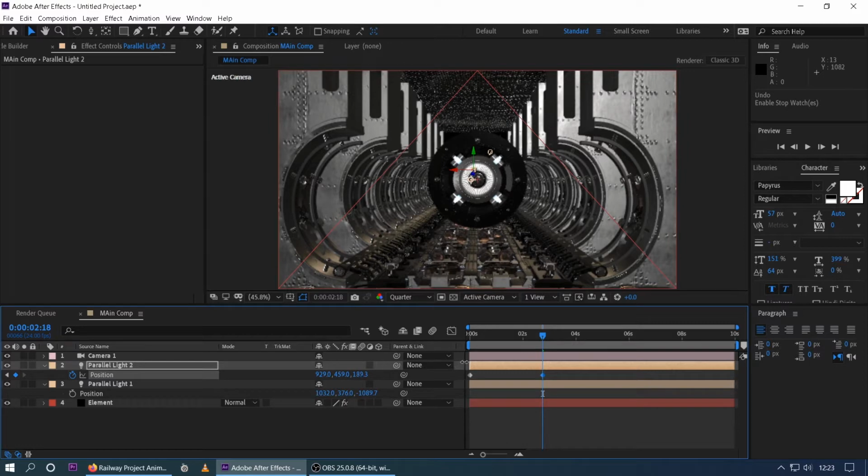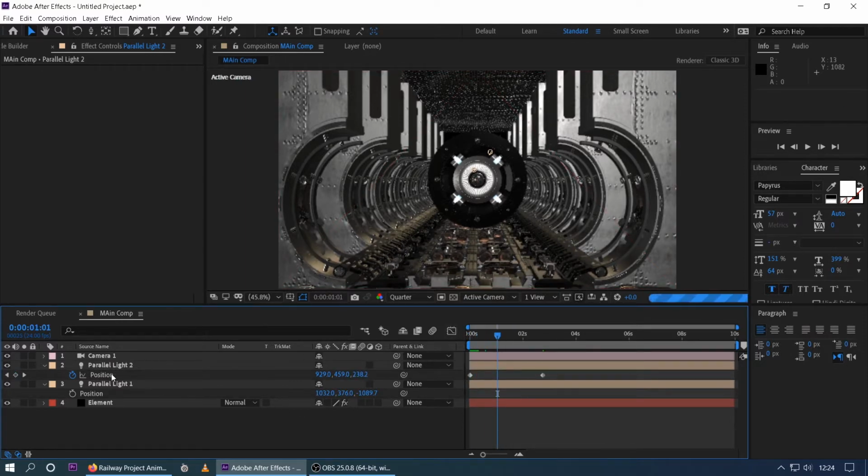The light is moving like you see, backward. It's fine. You can see the light is a little bit moving in this side. Now we can adjust it